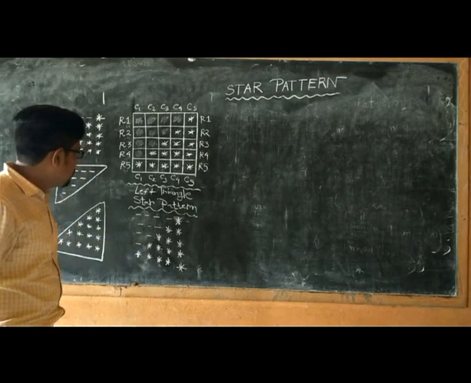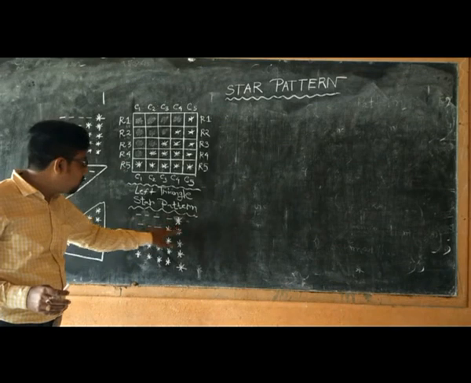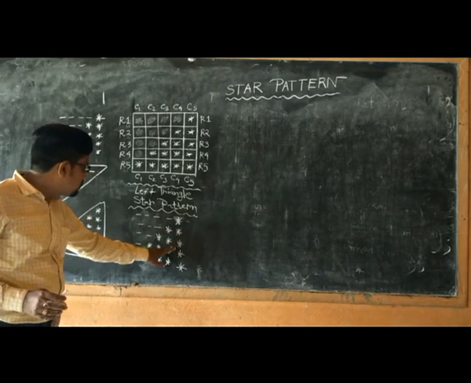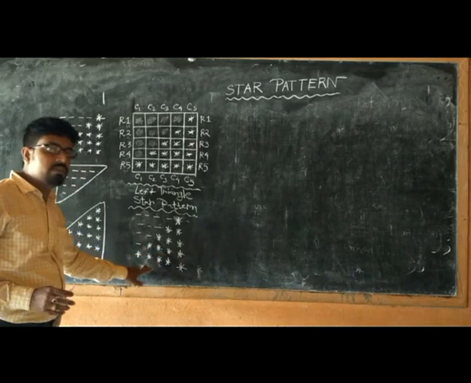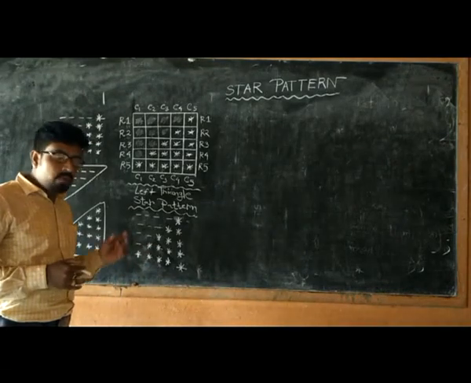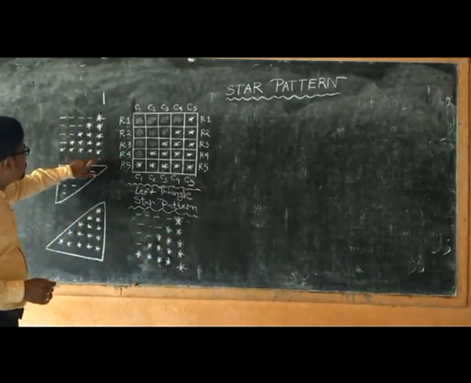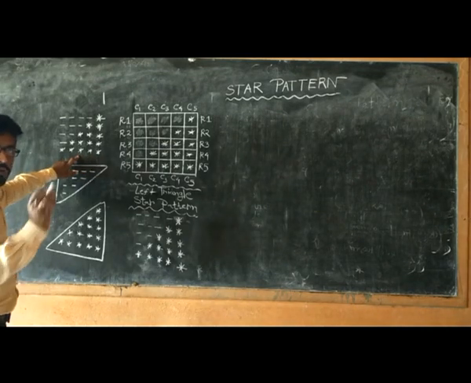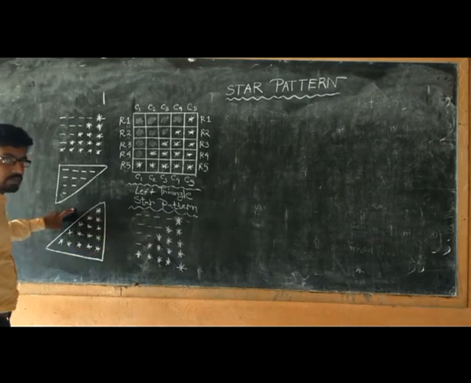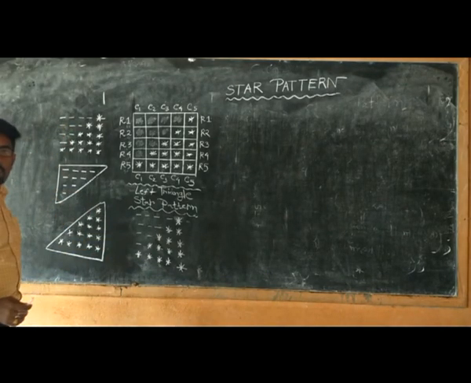Look here, students. To print this pattern program, first we need to put 4 spaces, then 1 star, 3 spaces, then 2 stars, 2 spaces, 3 stars, 1 space, 4 stars, and 5 stars. If I categorize and break this pattern program into a few sections, look here. We consider this is our pattern program. First we need to print the space, then we need to print the star. Then we merge them together and it will show this pattern program.